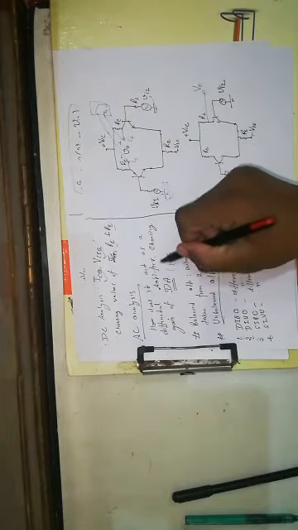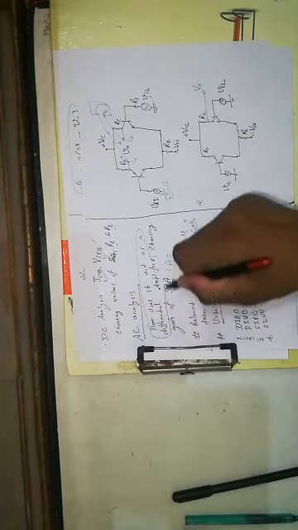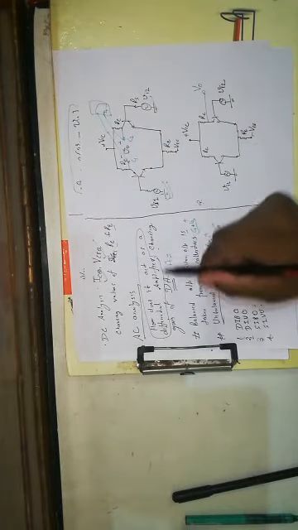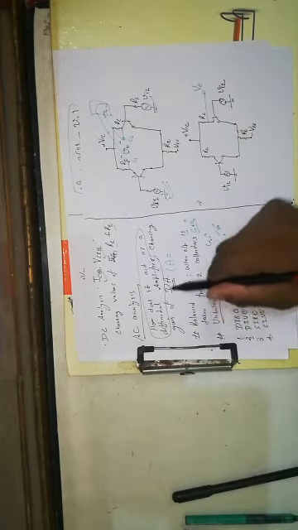AC analysis deals with how it acts as a differential amplifier. I will discuss this point with some explanation in a subsequent session. Right now all you need to understand is that by the AC analysis we choose the gain of the differential amplifier. What is the gain of the amplifier?